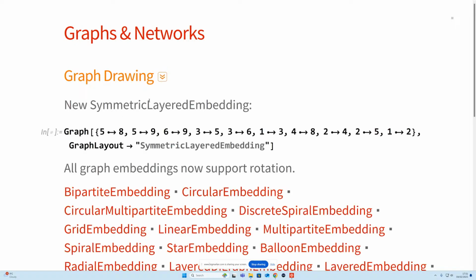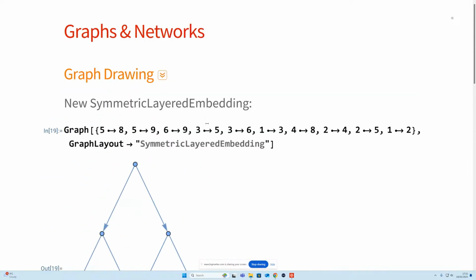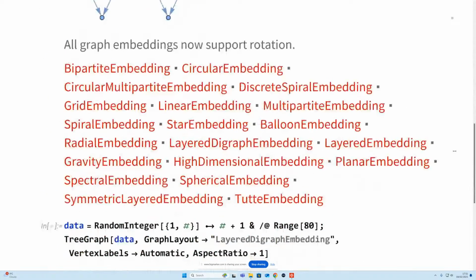So one is there's just a new symmetric layer embedding that is designed to make sure your graphs are beautifully symmetrical. All of the embeddings we had before drew this graph perfectly accurately, but it was all a bit lopsided. And if you're expecting things to be symmetric, you want the diagram to be symmetrical. So that's fairly minor, just one extra graph layout. But the other is just fairly minor. It's just a single new option called